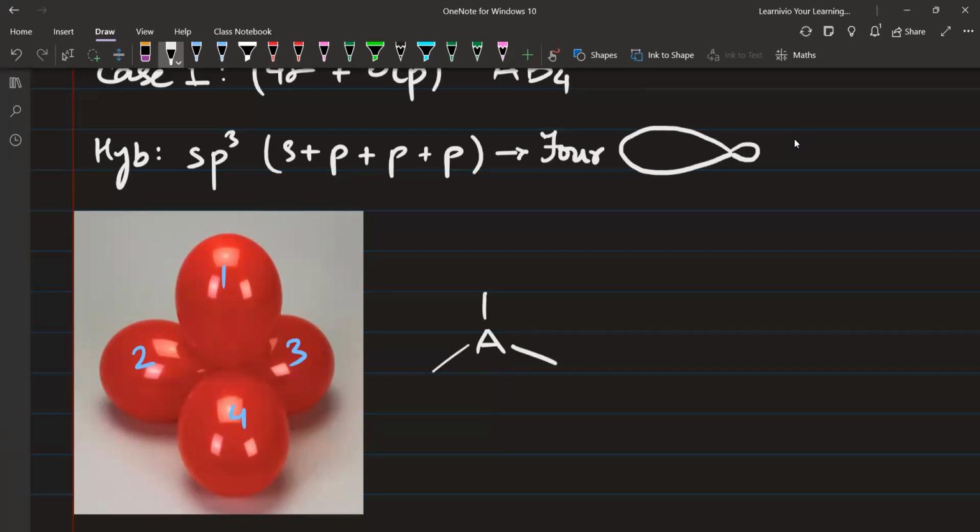So this is B, this is B, this is B, and this. Fine. So if you're going to join these dots,